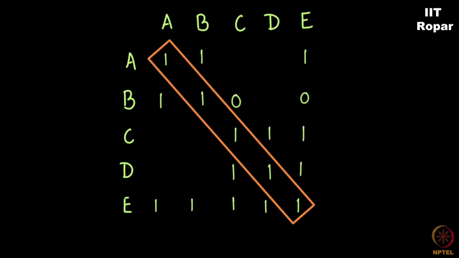Now please note that in the diagonal we have written ones, which simply denotes that a person knows himself, right? So this is just for convenience. We can maybe write the entire diagonal elements as zeros or all as ones. It is based on the context, alright? In this context, we are assuming that everyone knows oneself, which by the way is something that is true. So we write it as ones.